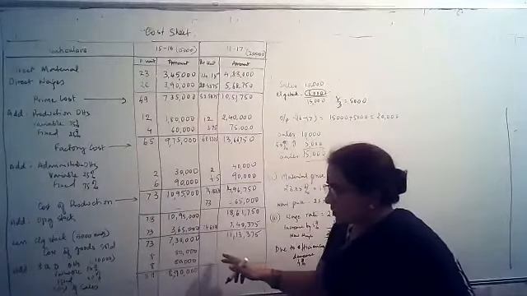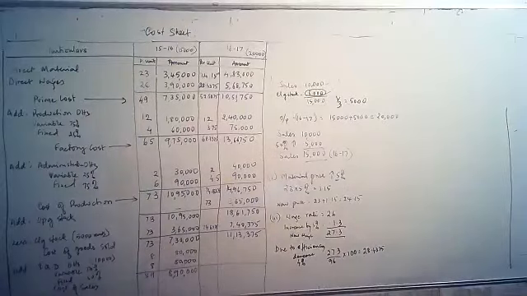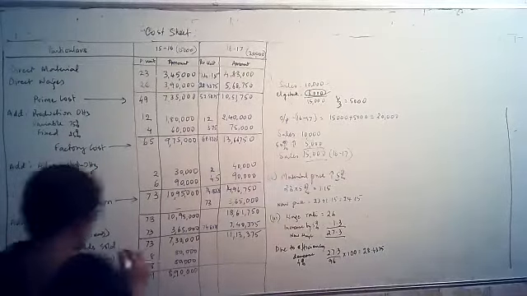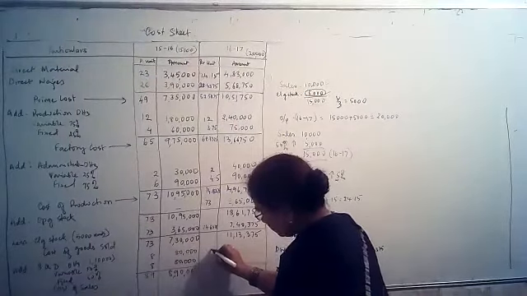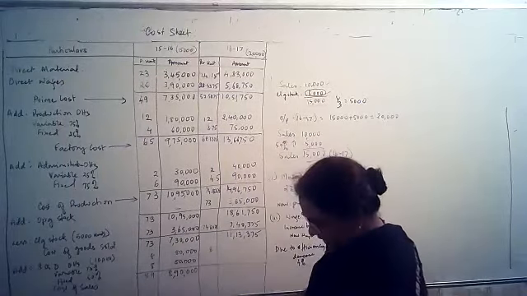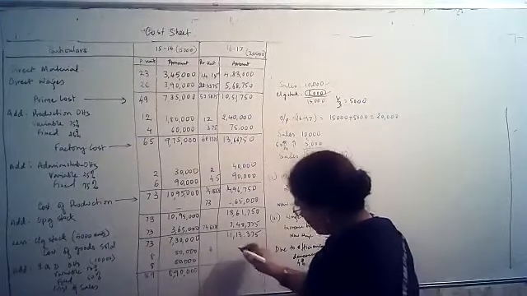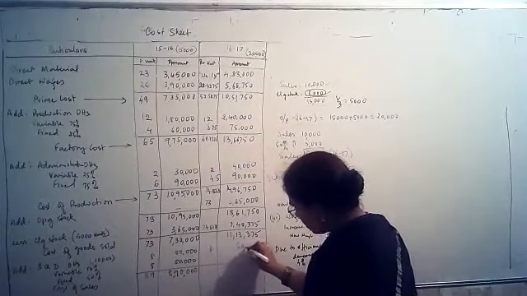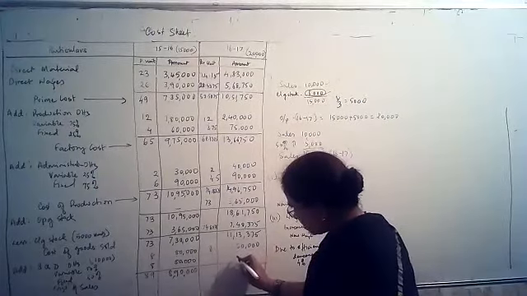So look at the expenses. Variable is 80,000. Fixed is also 80,000. And there is a new expense of 1,45,200. So first we'll finish off with the variable, 8 rupees. 8 rupees into 20,000. 8 twos are 16. So 1,60,000.